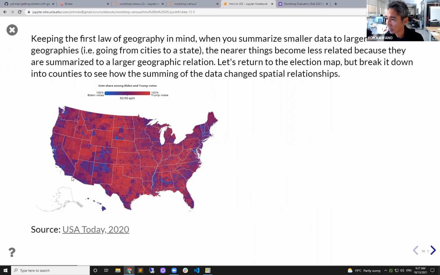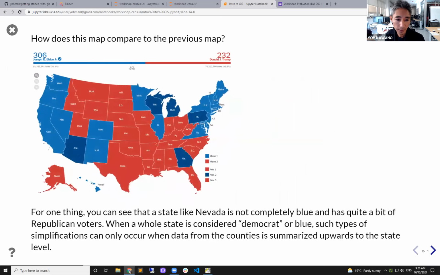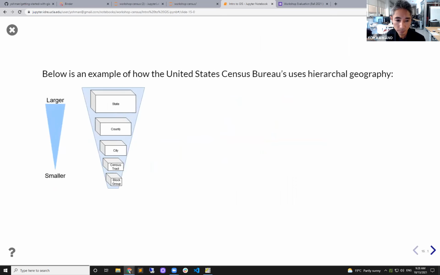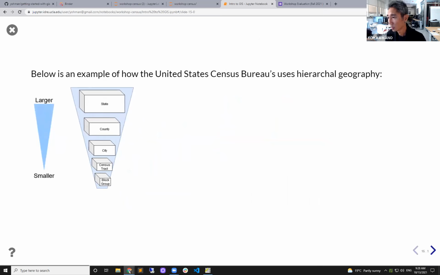However, it's now split up by county. And it tells a very different story as opposed to the state level map. So when we compare the state level map to the county map, what's happening here? This is an example of how we use geographic hierarchy to represent phenomena at different scales. When we talk about the Census Bureau, which is the data that we're going to bring in today in our hands-on portion,